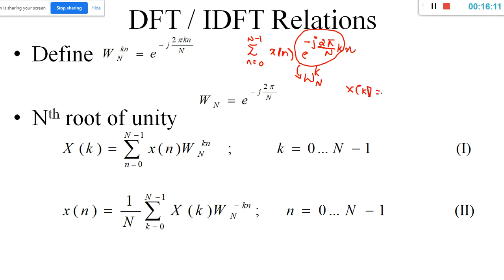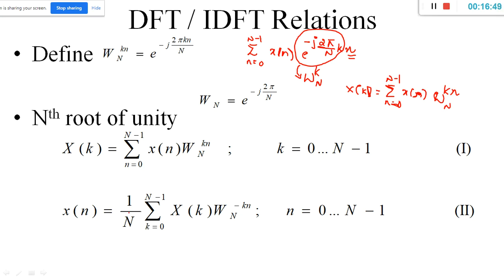So X of k is represented by summation n runs from 0 to N minus 1 x of n into e to the, we replace this by W_N. See, entire including minus. Look at this very important point. Including minus I have taken. So W_N to the power of k and this n as it is. Is that clear? Now we will understand what is W_N^(kn) and how we will replace while solving the problem. That part you don't worry.